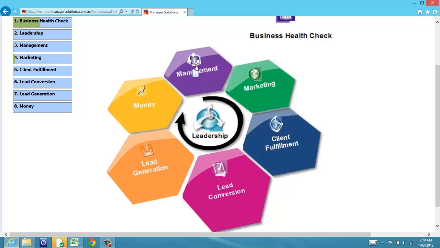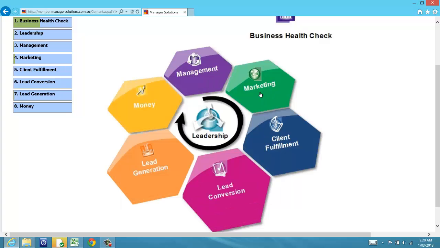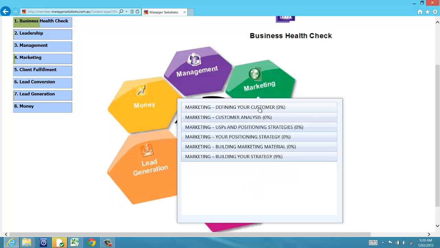In management we look at learning how to manage, how to build your organisational charts, how to build position agreements, business and employee development processes and practices, how to actually manage your people using priority meetings, how to build good working relationships, and recruitment. Marketing covers defining your customer analysis, building a unique selling proposition and a positioning strategy,